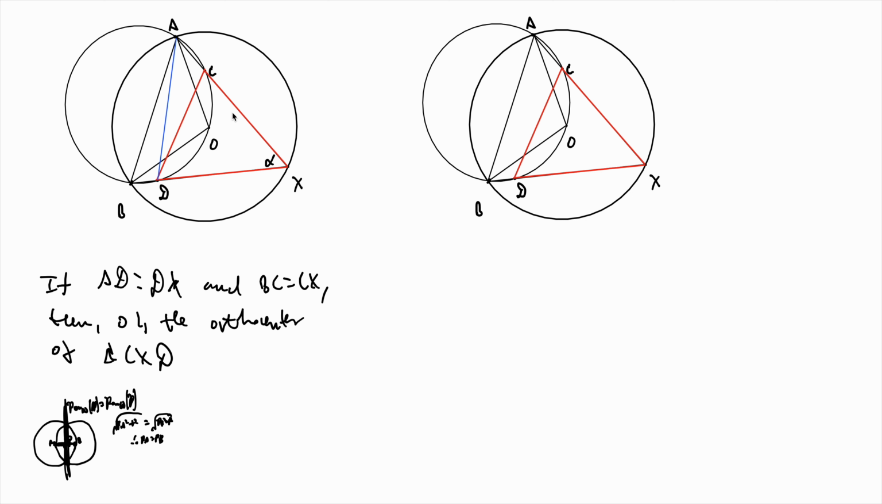If this is alpha, let's call it alpha. This is 2 alpha. Let's call this one beta. Then if this is beta, if this is the center, this angle is 2 beta. And let's take a look at